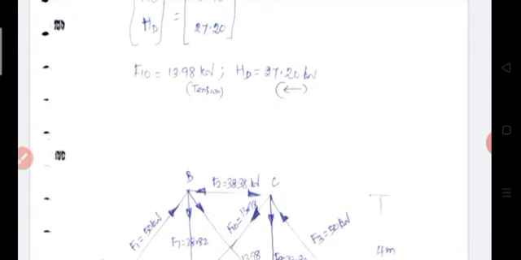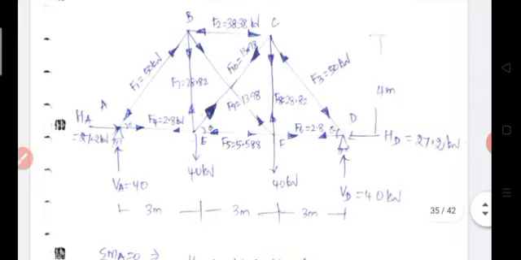So now we have determined the redundant values. Then with the help of these redundants, first we determine the external support reactions, the other three support reactions, then finally we should determine the